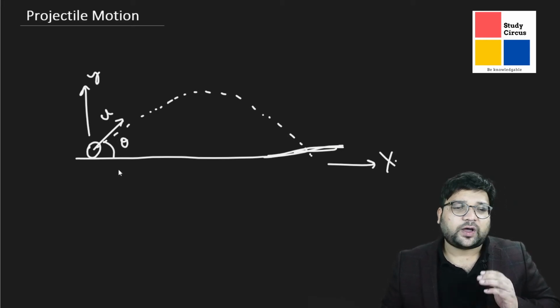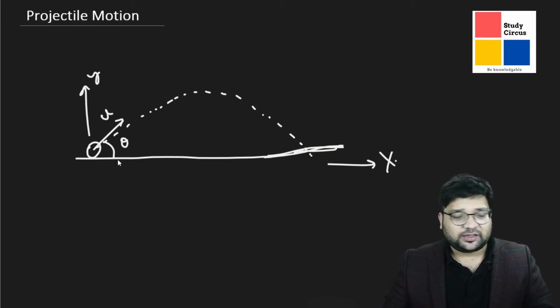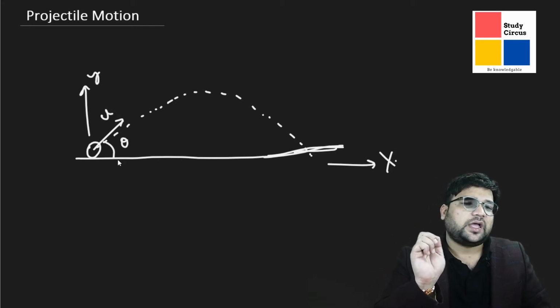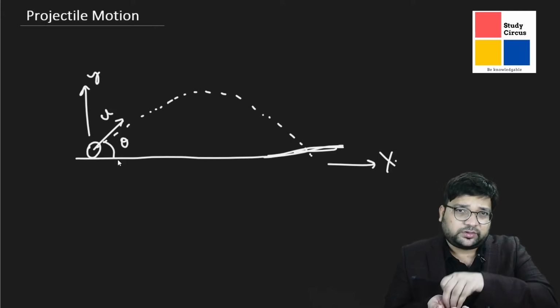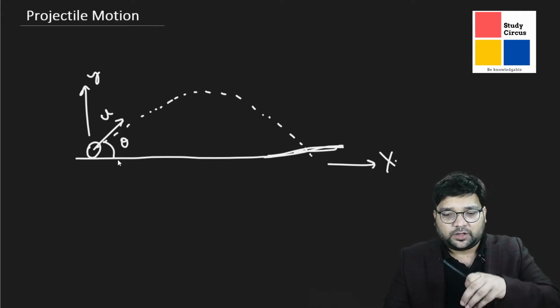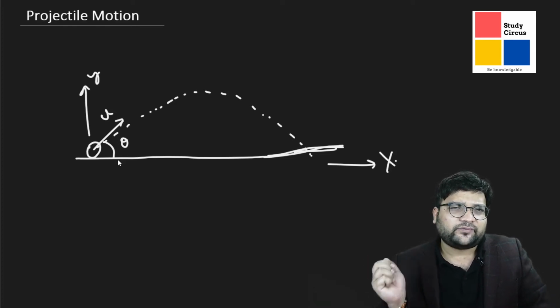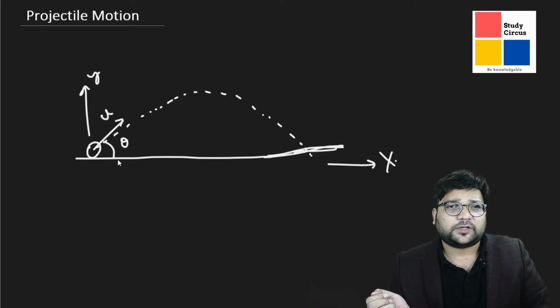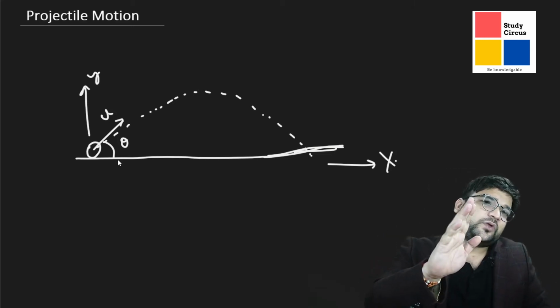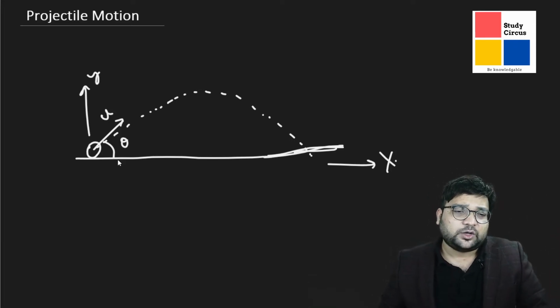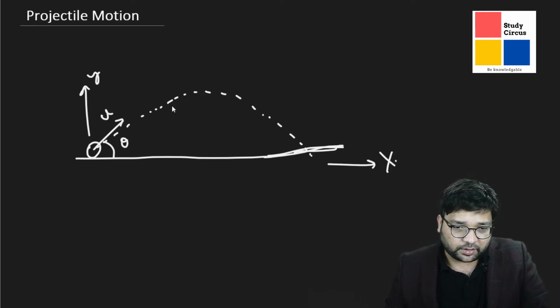Once we have thrown it, while the projectile was in our hand, we were applying some force on it. Let's say we are throwing a stone. When it is in our hand, it is at rest. We are trying to throw it with some velocity, let's say 10 meters per second, so we give some force to it. Once it is at a speed of 10 meters per second, it is released from our hand.